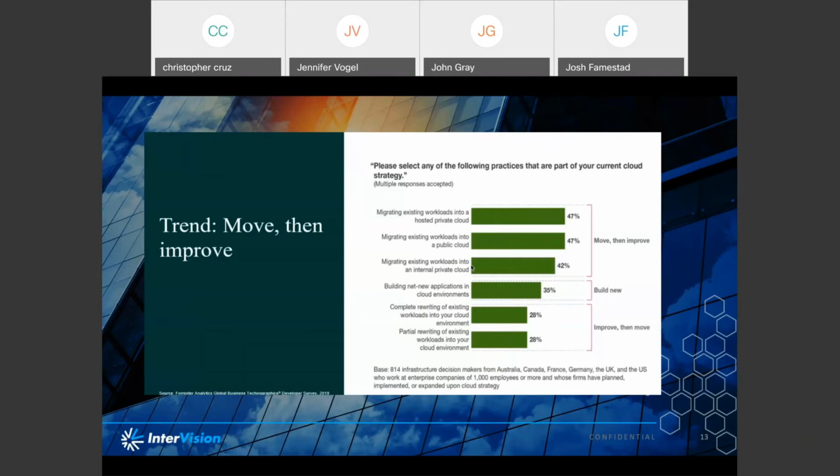A lot of refactoring up front is nice if you can do it, to make applications elastic and auto scale and all of that. But it's a lot more work, it's risk, it requires testing. So certainly for some applications that makes sense, but for the majority, it's move, then improve. So rehost them or do light replatforming, and then immediately start looking at monitoring, optimization and cost optimization, and how to incrementally make the applications more cloud native. So that's the approach that is really starting to take hold.